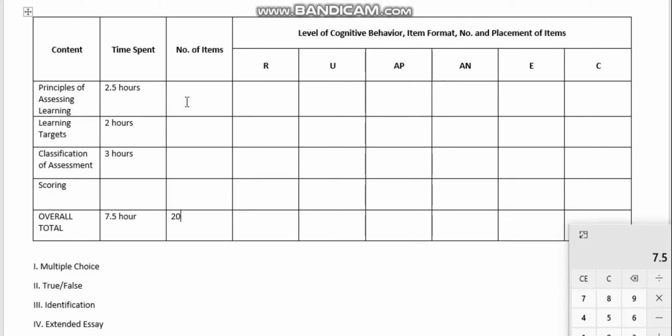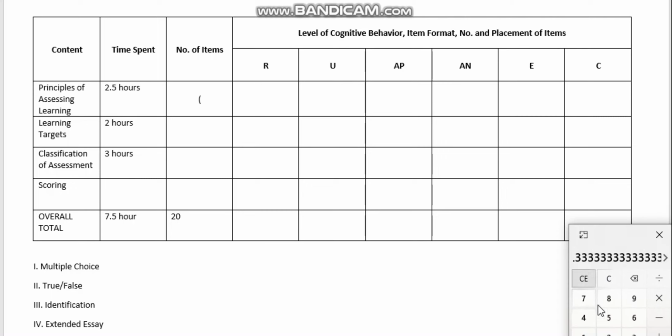And we have the percent of time for each content, that is, time spent over total number of hours. So for principles of assessment, we have 2.5 divided by 7.5, is equal to